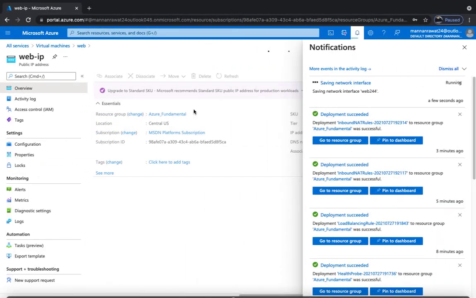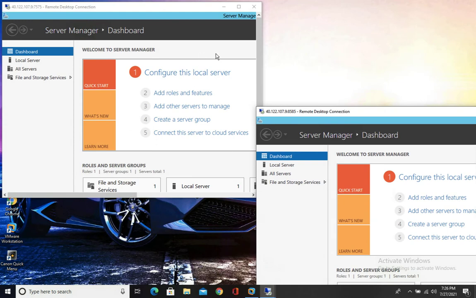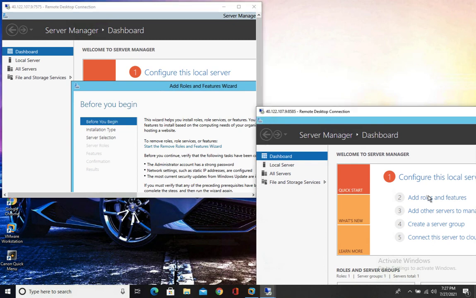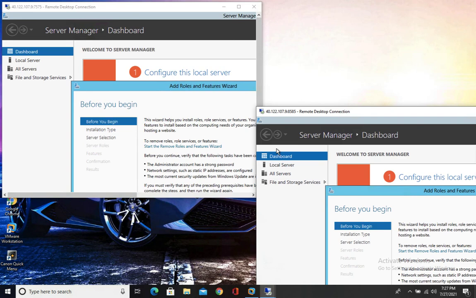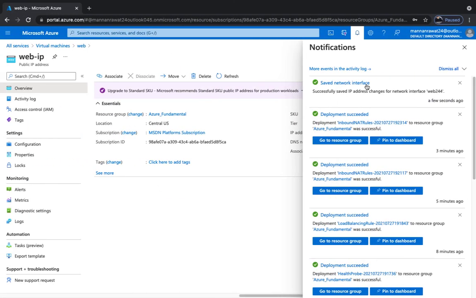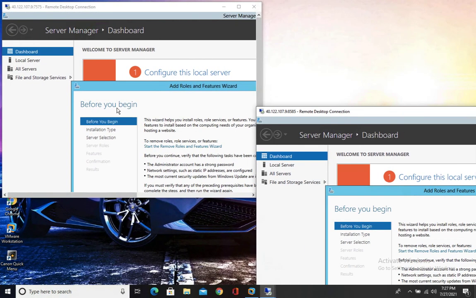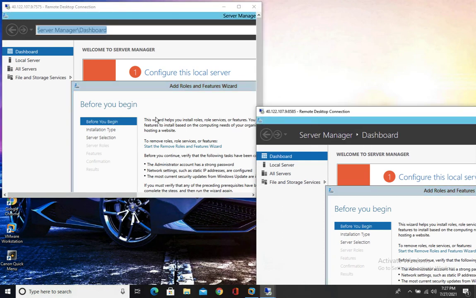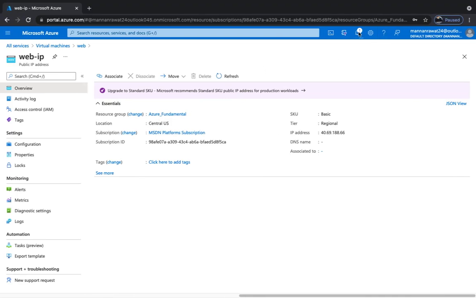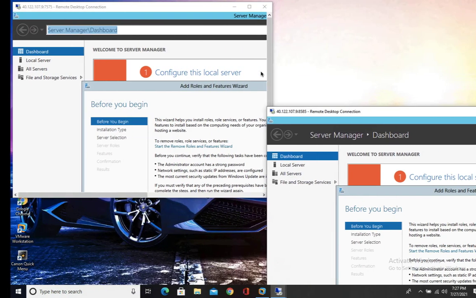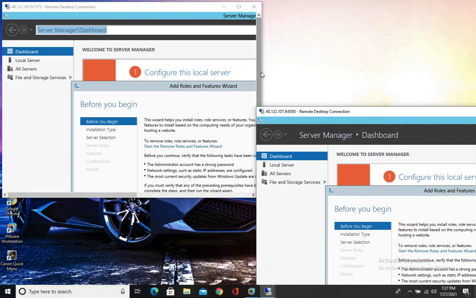We have already deassociated the public IP address, but there is no impact on your virtual machine, because you are connected with the public IP address of the load balancer, and in between the NAT rule performs the task. Now we successfully deassociated it, click delete, and yes. Although we deleted it, we are able to access the virtual machine. No impact on your virtual machine. So this is the actual task of the NAT rule. I hope all of you understand properly the steps to use the NAT rule.